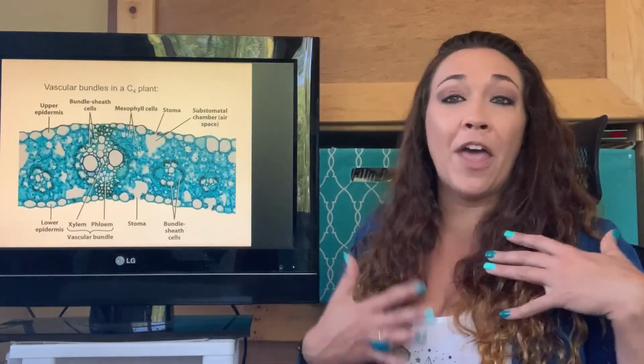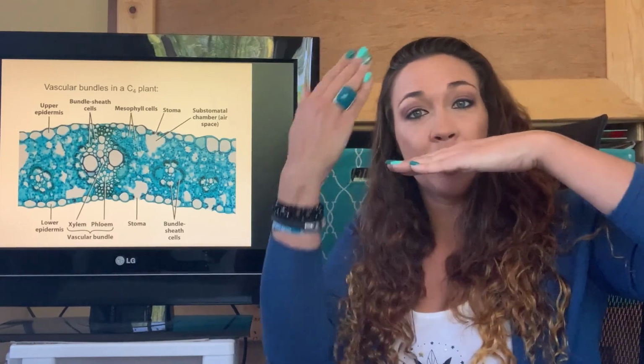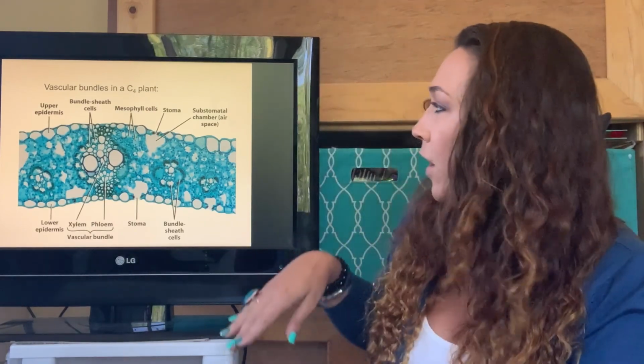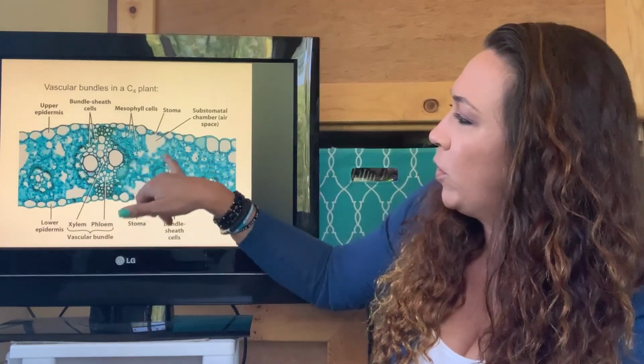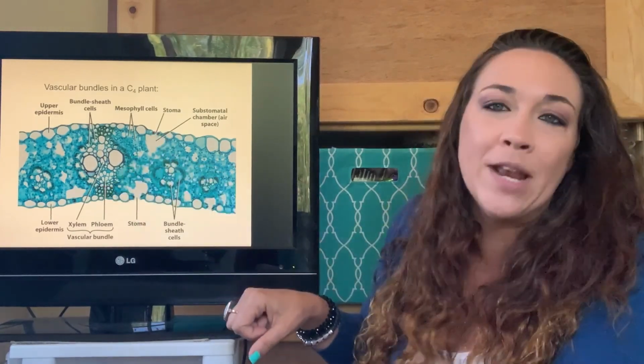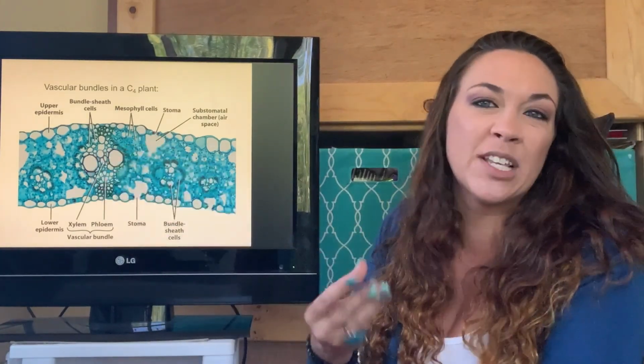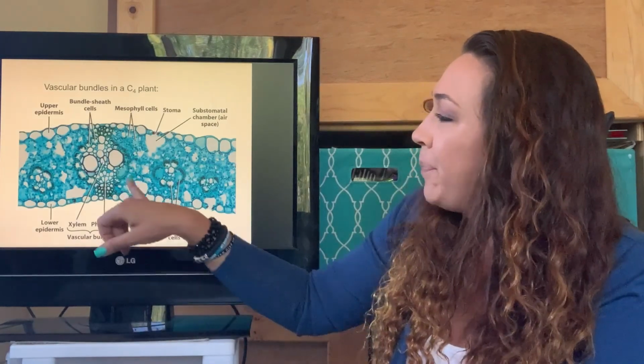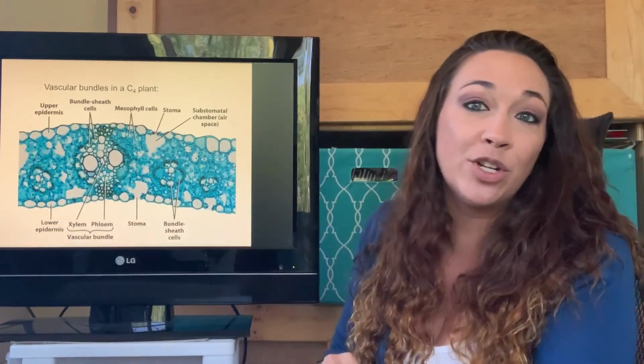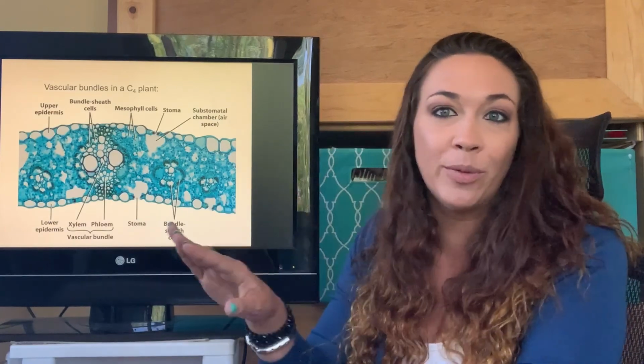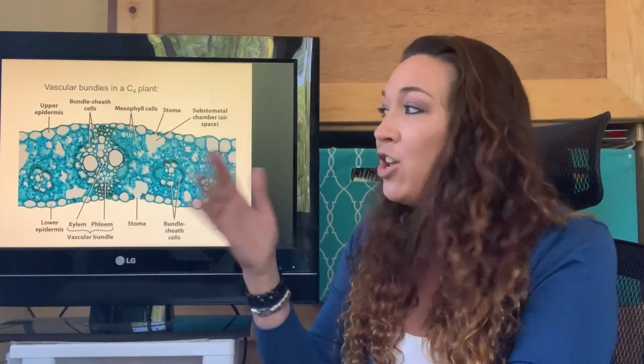Now here's exactly what that looks like. If we were to take a leaf and look directly inside of it, this is what you can see right here. This would be one of the stomata, one of those little openings. The mesophyll cells are just kind of like the middle squishy cells. And these are going to be your xylem and your phloem. These are actually used for water transportation. We're going to learn all about that when we get to vascular plants and non-vascular plants.